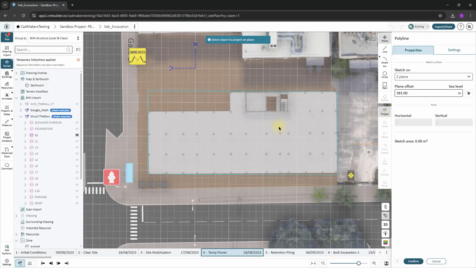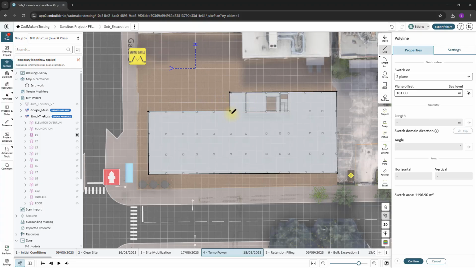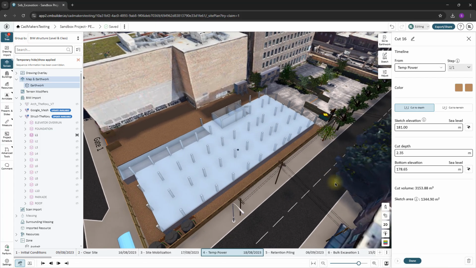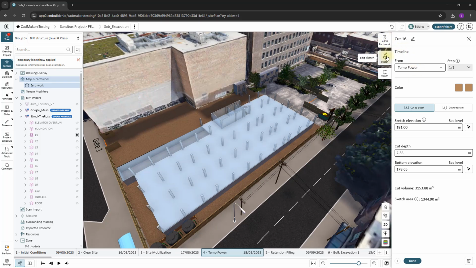If you have imported a 3D model for the foundation structure, we recommend using the Project command to quickly draw the sketch. Refer to our Sketch Tools video tutorial in the playlist for more tips. Once you complete your sketch, a new cut will appear on the site plan, along with the side sheet and toolbar for additional commands,